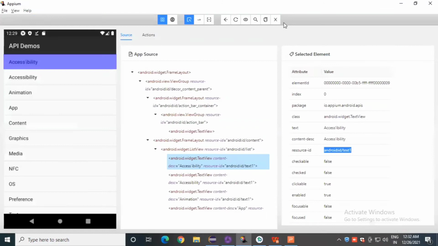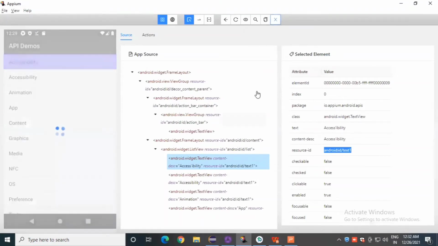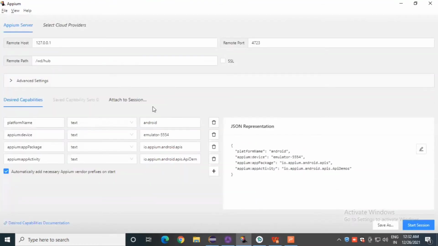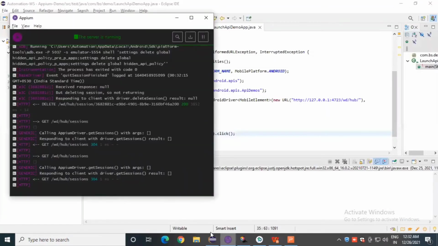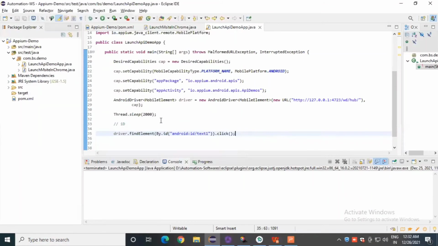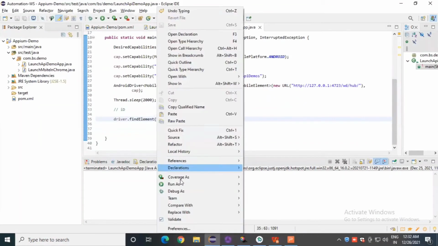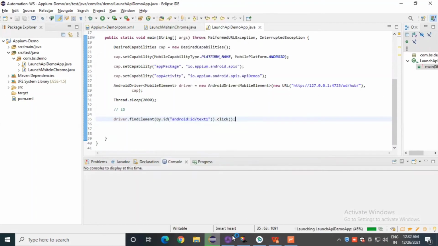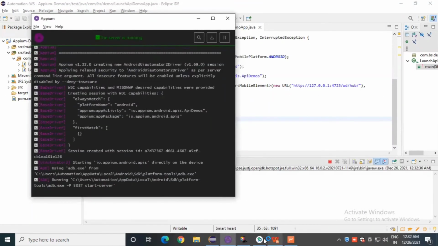So let's close this session now for some time, because both sessions will not start parallelly here. We need to close this session. Okay, and let's check whether the APM server started properly or not. So here we go, the APM server is started. Just right click on this script and run with Java application.